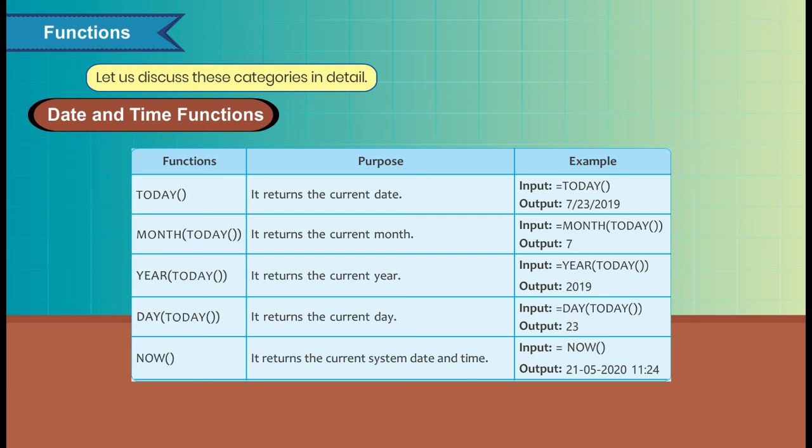Input: =HOUR(NOW()). Output: 11. MINUTE(time). It returns the minutes for a given time. Input: MINUTE(NOW()). Output: